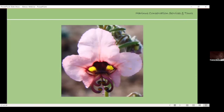So this particular one is pollinated by a solitary bee called Rediviva ellenzoii. It's so specific to the species that it's actually named after the species. So what happens here is that the bee comes, sits on the flower, and the abdomen fits in perfectly at the bottom to get to the pollen presenters. And the pollen actually goes on the abdomen, and that is how it's transferred and moves on to the next